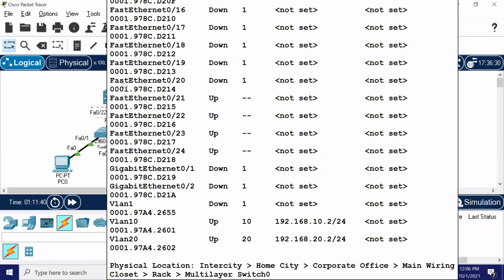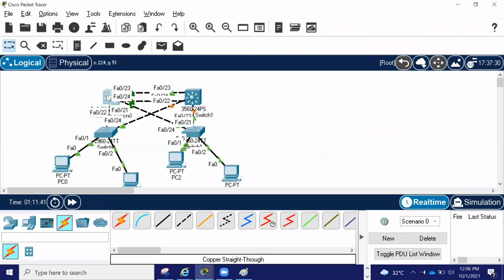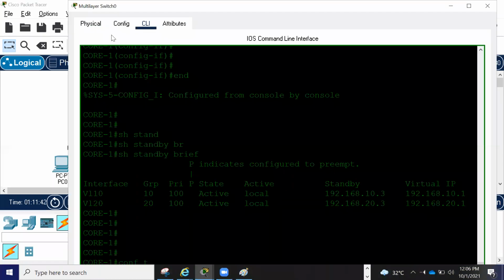So now look at the magic here. What is the magic with HSRP?